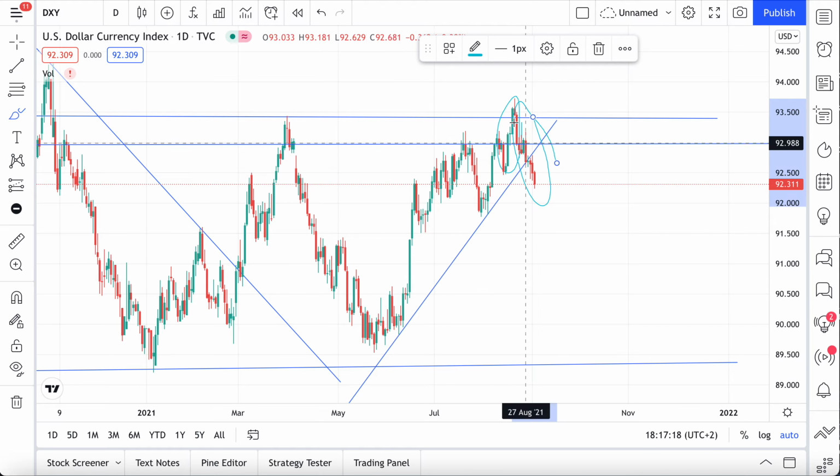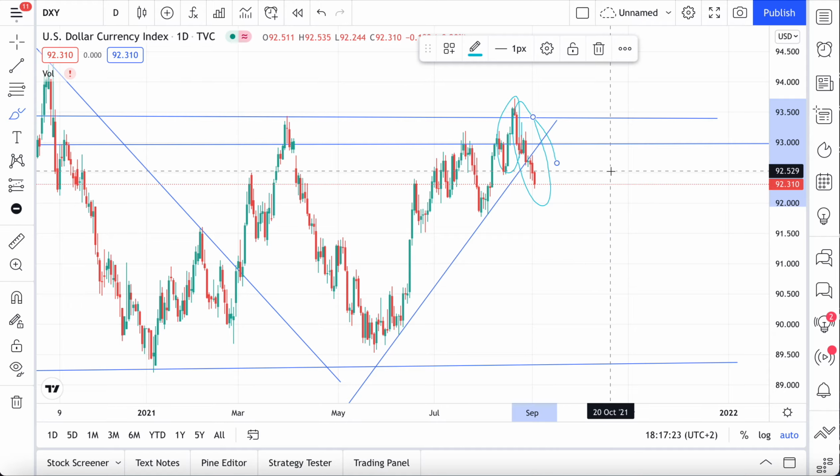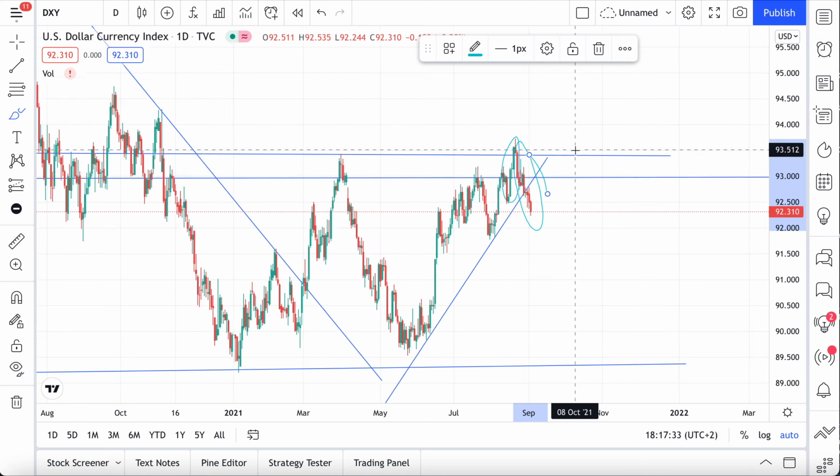And the DXY, of course, is not crazy like Bitcoin, giving us a candle from here all the way to here. Anyways, as you see, this is exactly matching with the massive run to the upside that Bitcoin has. Now I'm looking at the DXY.